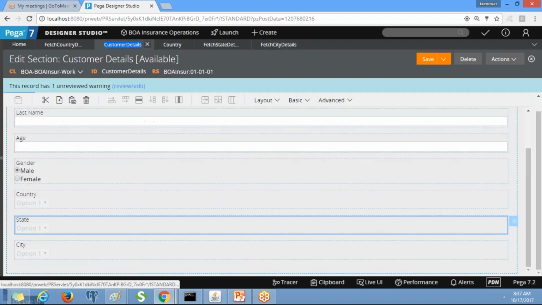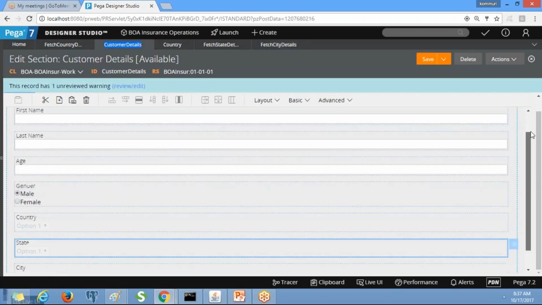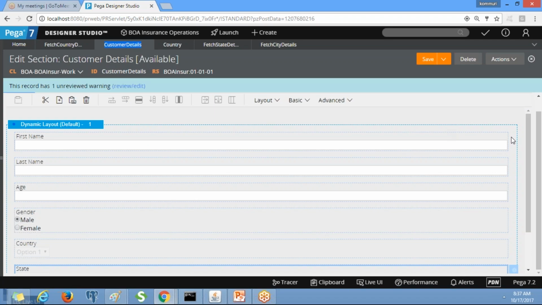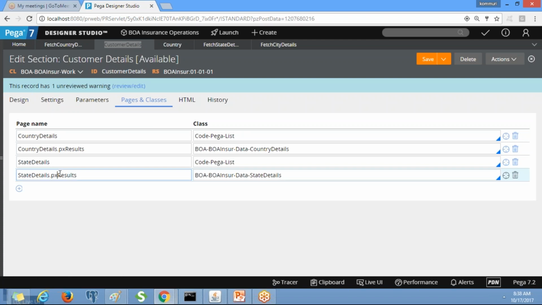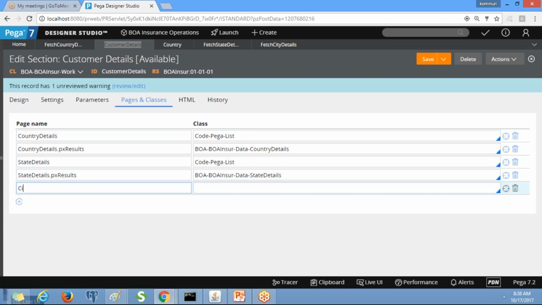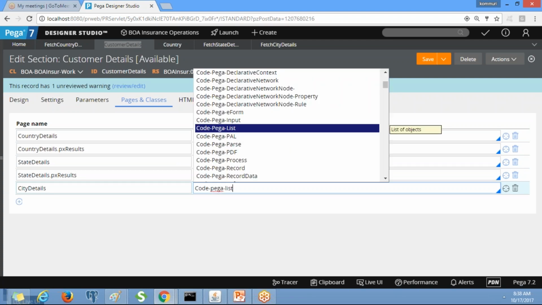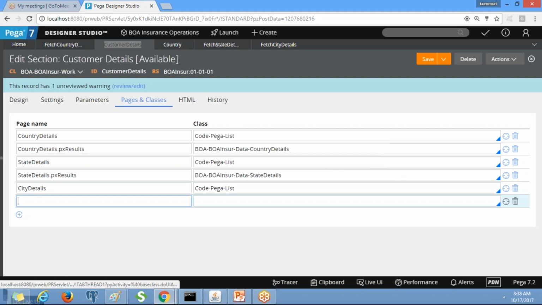Now go to the customer details section and define under the pages and classes tab as per the clipboard structure. City details, code pega list. State, city details dot text limits.